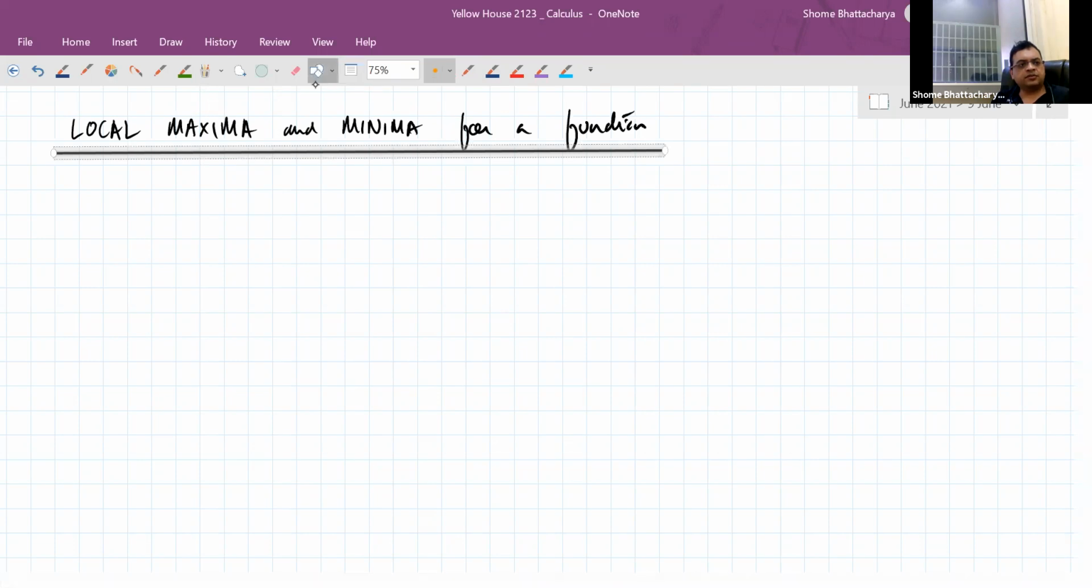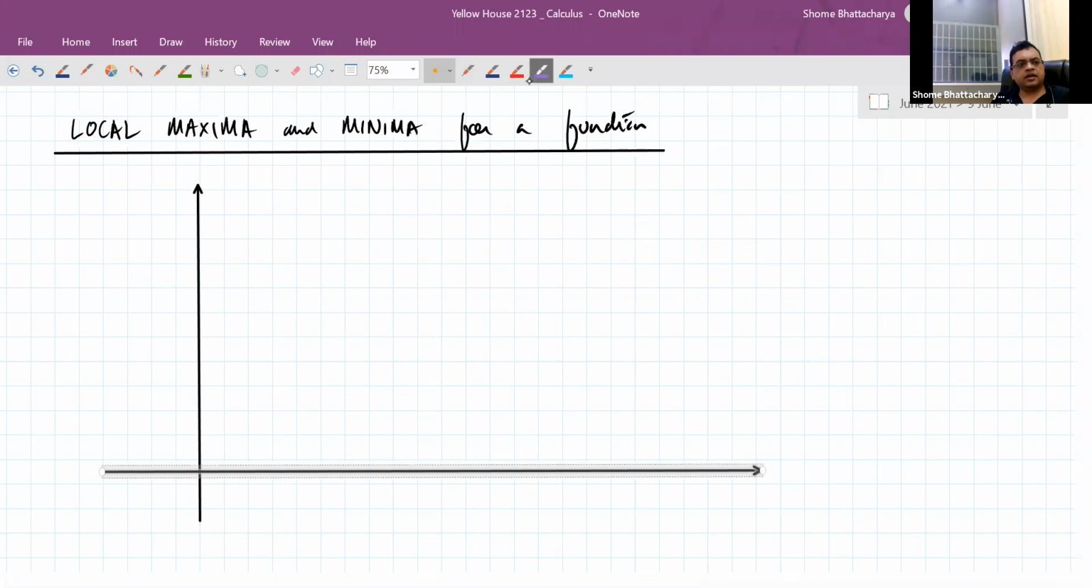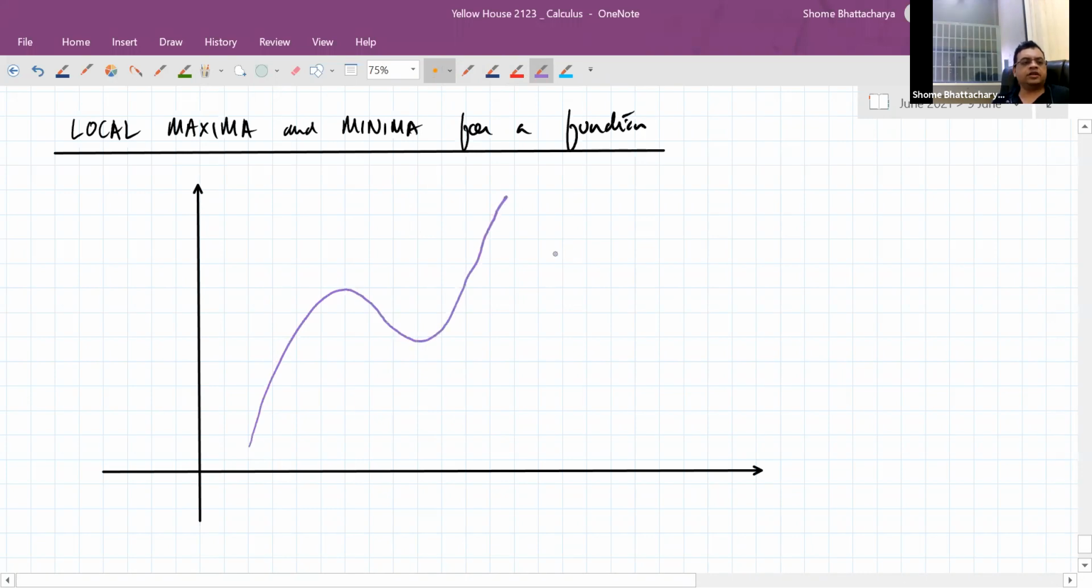So let's say I have some function whose formula is not given to me, but the graph of the function is given to me. And that graph looks something like this. It's in a limited domain, but within that domain, its behavior changes. It goes from increasing to decreasing to again increasing. So this is some kind of a function given y is equal to f(x),